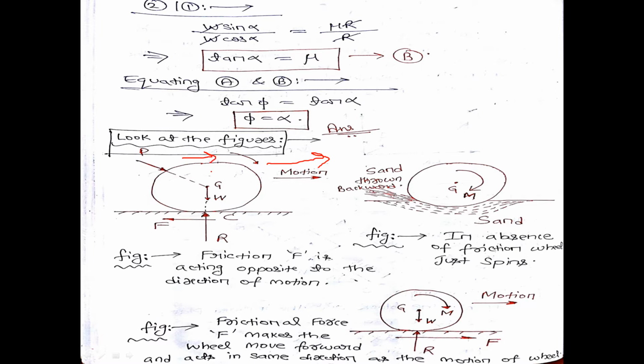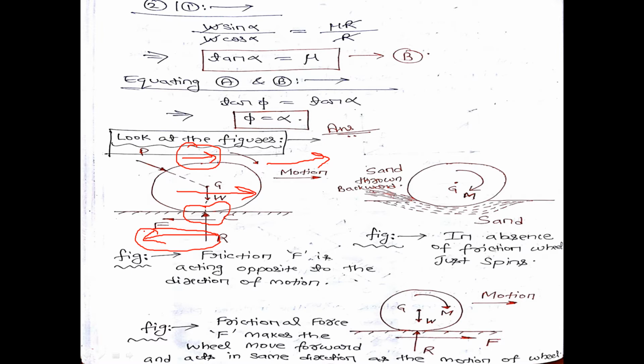Fine. So if the motion of the ball is in this direction, then at the point of contact, identify what is the direction of frictional force. Frictional force will be in this direction. That means the law of friction is valid, that is, frictional force always acts opposite to the direction of motion of the body. Direction of motion is this direction, and frictional force is acting in this direction. In this problem, the law of friction is valid.